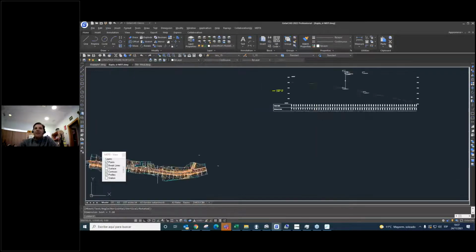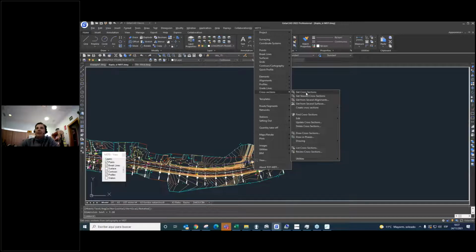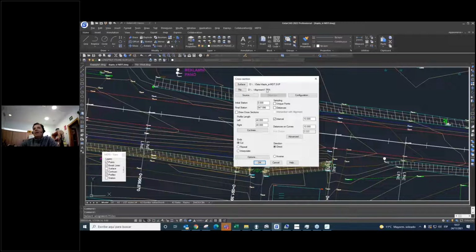Even the same thing, we can get the profile, the cross section. The same thing, we can cut the DTM. We are going to get the profile. We are going to use that horizontal alignment. We are going to save in this format, in this file, and we are going to use the current surface, our length of profile, and the interval to get the profile. We click on OK. Oh, sorry, I'm going to draw the cross section after getting the profile.